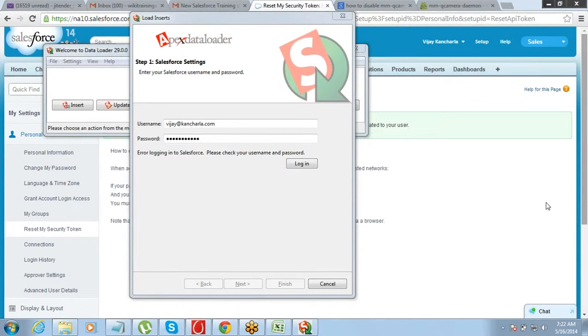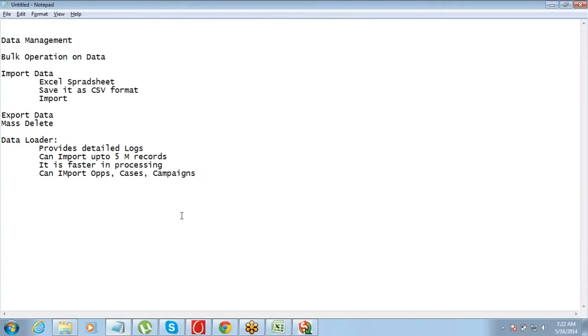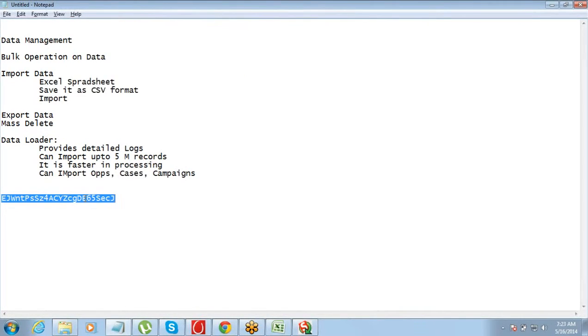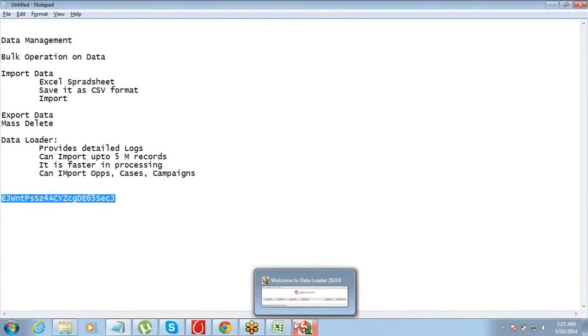So Vijay has shared the security token with us. I'll just show you what sort of complex security token they sent. See, this is the security token that Vijay received. So it creates a pretty long alphanumeric system generated security token. This is again for the security reason, right? Because data loader is an installed application. Again, there is a security concern or a security threat that people might use it for exporting or importing too much of data and all. For that reason, they want to make sure that only people who have the right password and security token are using it.